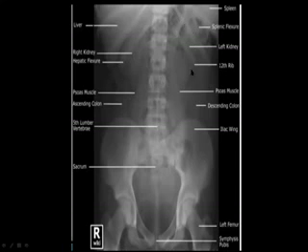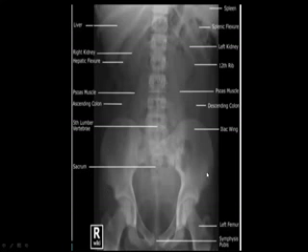This is the left kidney outline here. On either side, this is the spine in the middle. This is the psoas shadow on either side. Expected colon, then splenic flexure, all these things. Then bones will be the same. This is the 12th rib here, then first lumbar, second, third, fourth, fifth lumbar vertebra.